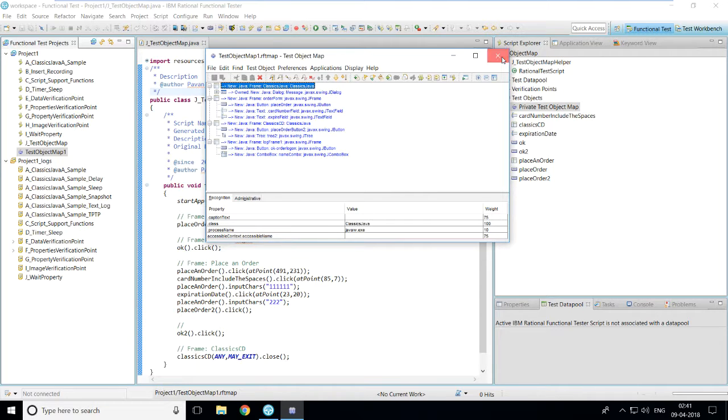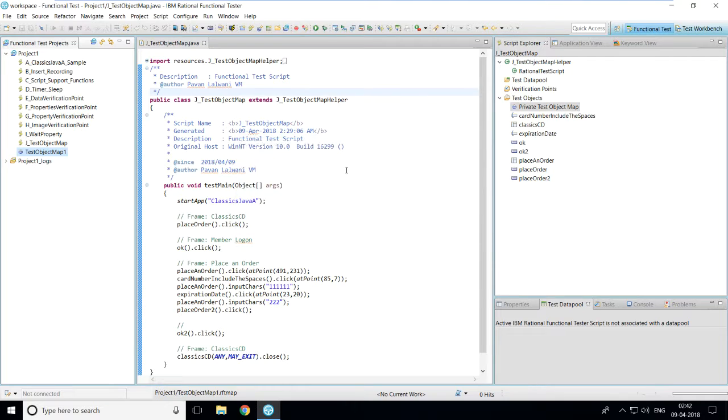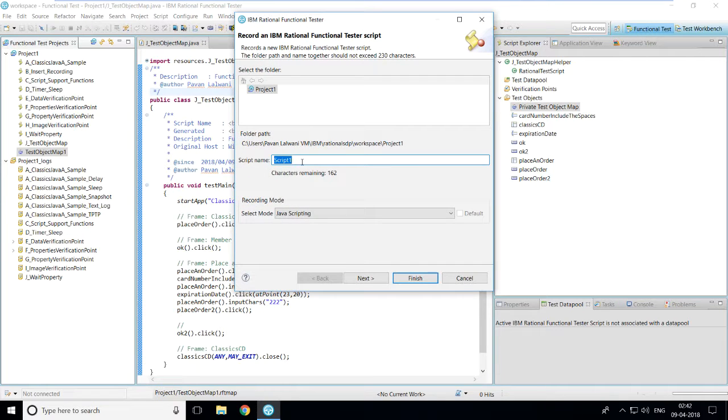Now I'll click on this close button. So I already have a test object map, but now this test object map 1 is not associated with any of my scripts. What if you want to associate your test object map with some script? Let us go ahead. So what I'll do is record a new script, click on this record button, and now you can give the name here as k_share